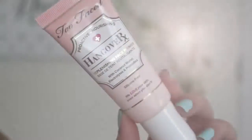It says replenishing face primer with coconut water, electrolytes, and probiotics. Doesn't that just sound good? I actually really do like this, and honestly, the first time I heard of this was from Emily Noel 83. She did a whole review on this, and she actually didn't like it. She said it just felt like a moisturizer going on her face, but I wanted to give it a chance anyway because you guys know that my skin is so incredibly dry,